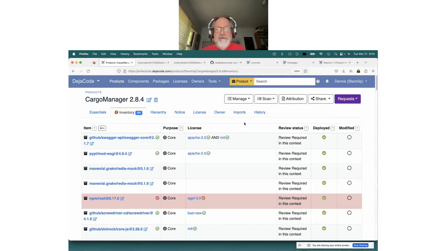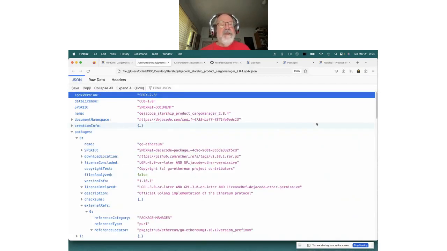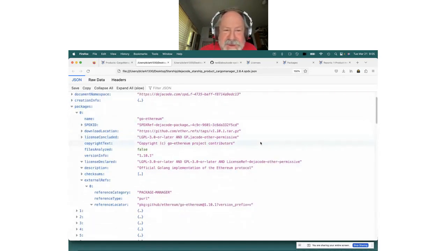Now, I've already generated a few, and I'm going to show them to you. Now, we're going to look under the hood, if you will. Don't be alarmed that we're looking at JSON. We're only going to do this for a bit, because I just want you to get an idea of what you are sharing with your downstream consumers of your product. And this is a valid SPDX 2.3 document with all the kinds of things that are normally found in such a document. And if you look closely, as I do without my glasses, you see we have the usual things that are required: the license expression using SPDX IDs,